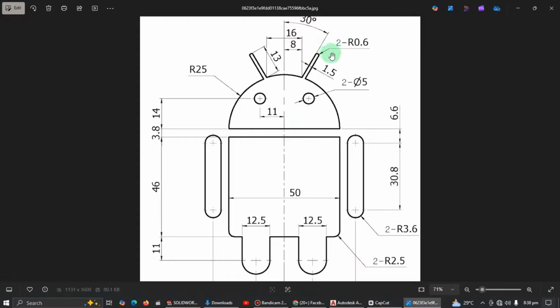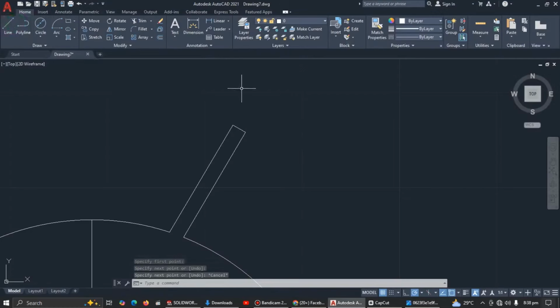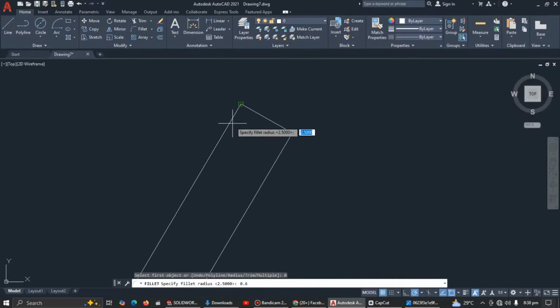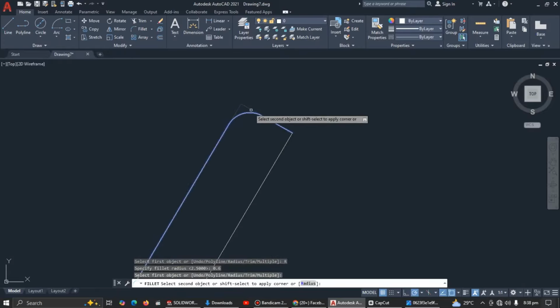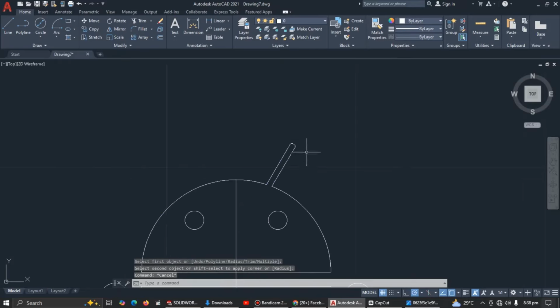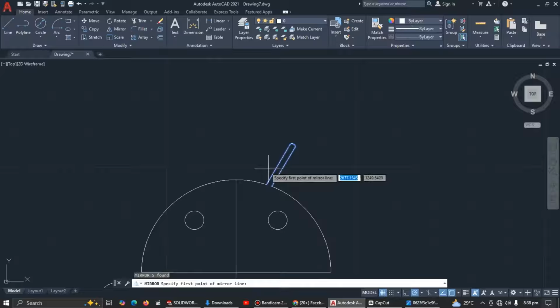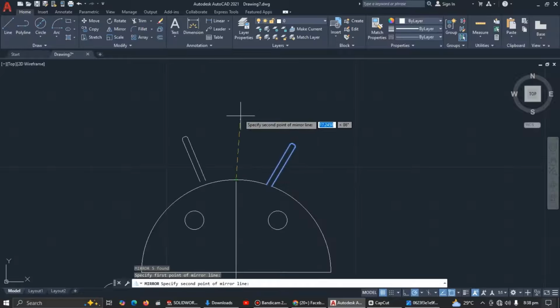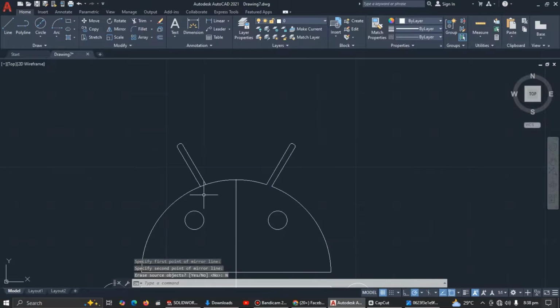Now there's a fillet of 0.6, so just pick fillet, radius 0.6. Now press enter, then click here, press enter again, click here, and then click here. Okay, so I'll select this whole thing and then I'll mirror, MI for mirror, then just fix it at this place. So let me trim